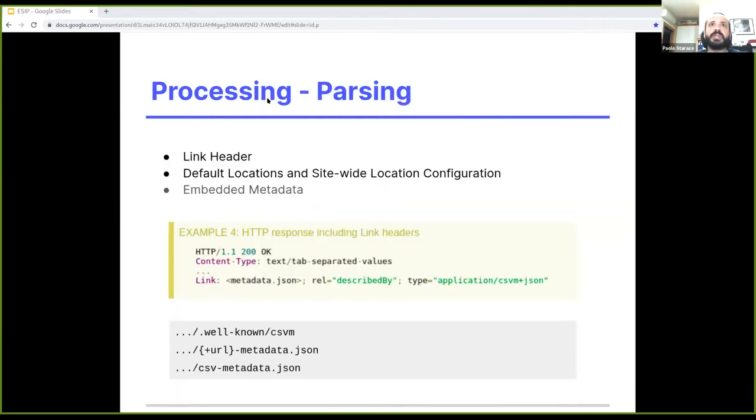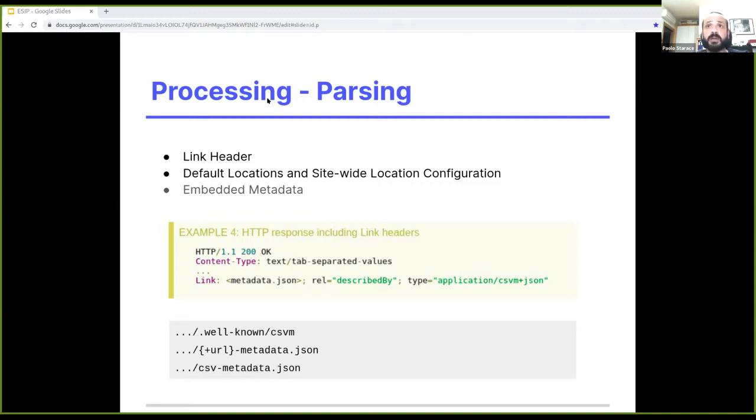Okay, last step is about processing and parsing the data we annotated. And this is really interesting because it's the other side of the double-way linking. So we have seen in the metadata, we link the file that belongs to the metadata, and the Web Consortium provides a way to link the file itself to the metadata one.